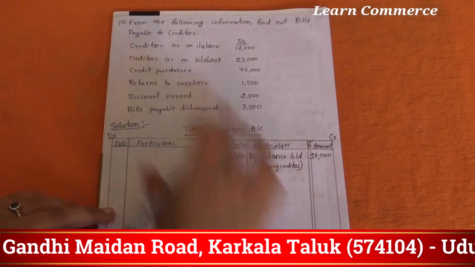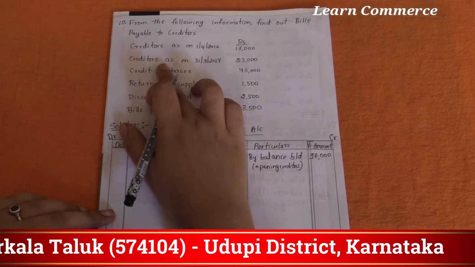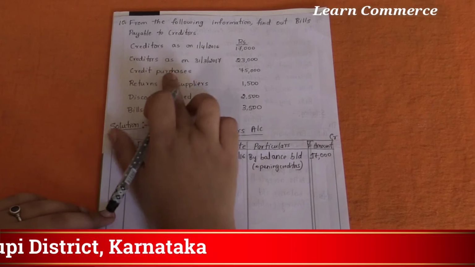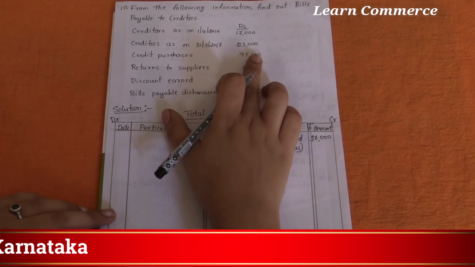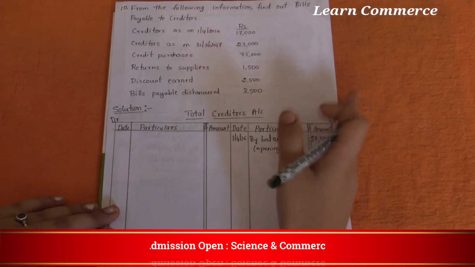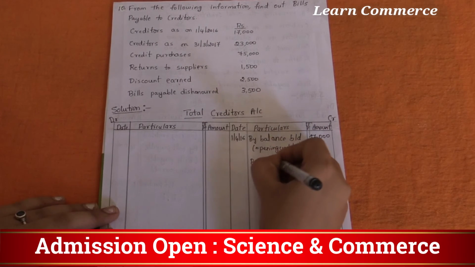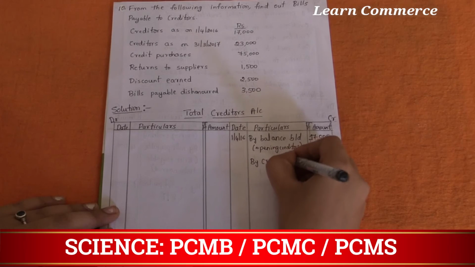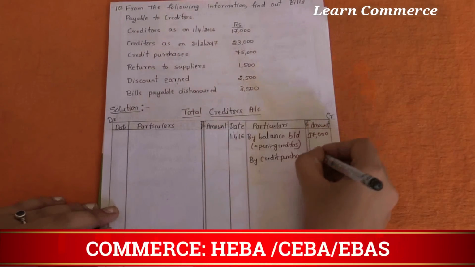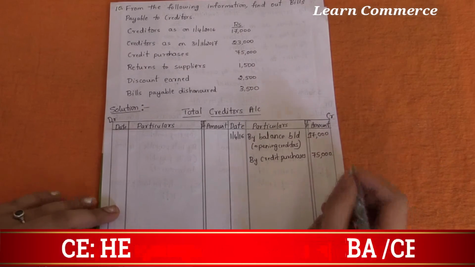1/4/2016. Next, creditors as on 31st March 2017 23,000. This is the closing balance, we should record it at the end. Then credit purchases 75,000. Credit purchases we always record in the credit side, that is by credit purchases. Amount is 75,000. Okay. Next one,